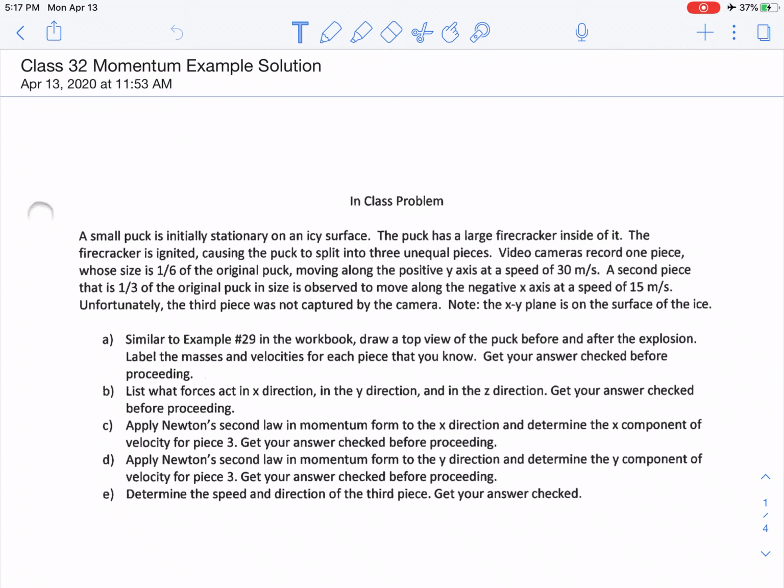So the question is: a small puck is initially stationary on an icy surface. The puck has a large firecracker inside of it. The firecracker is ignited, causing the puck to split into 3 unequal pieces. Video cameras record one piece whose size is 1/6 of the original puck, moving along the positive y-axis at a speed of 30 meters per second. A second piece that is 1/3 of the original puck in size is observed to move along the negative x-axis at a speed of 15 meters per second. Unfortunately, the third piece was not captured by the camera,